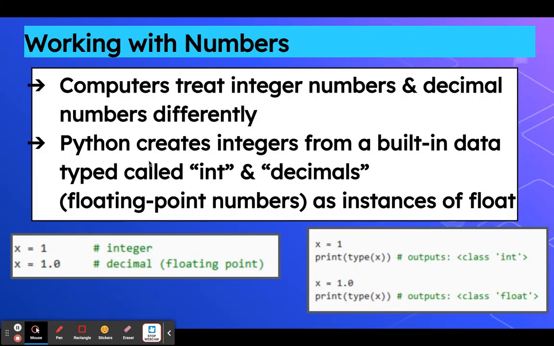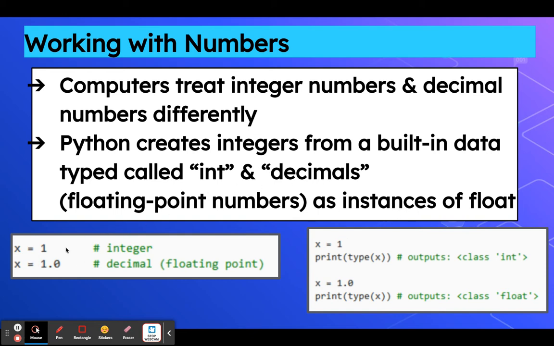All right, so when you're working with numbers in Python, it treats integers and decimal numbers differently. Python creates integers from a built-in data type called int, and decimals, or floating point numbers, as instances of float.